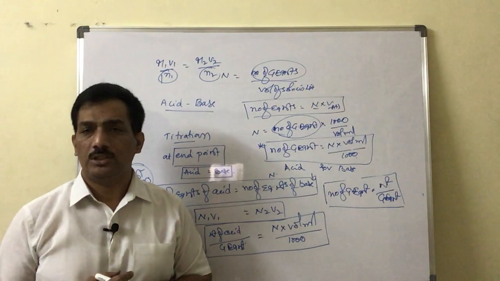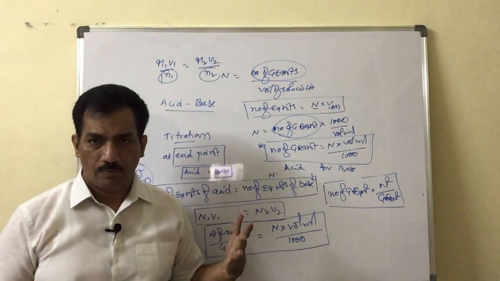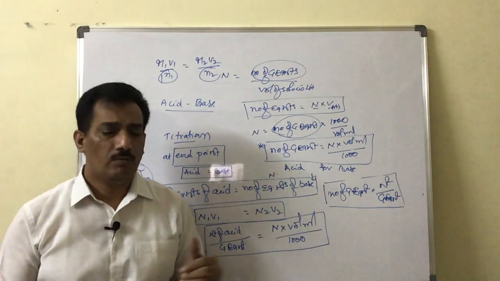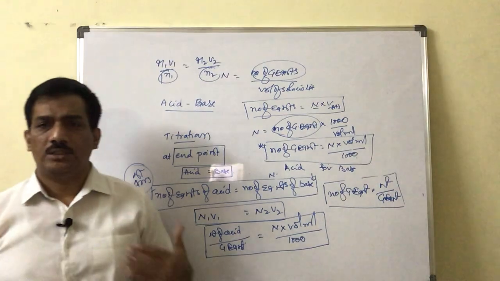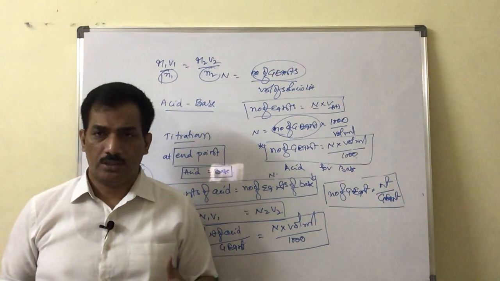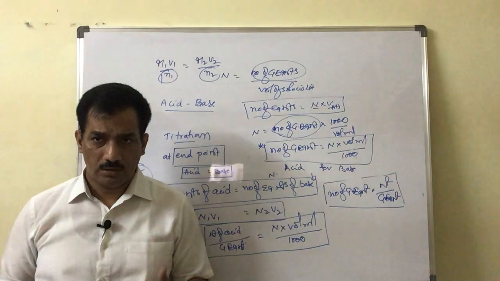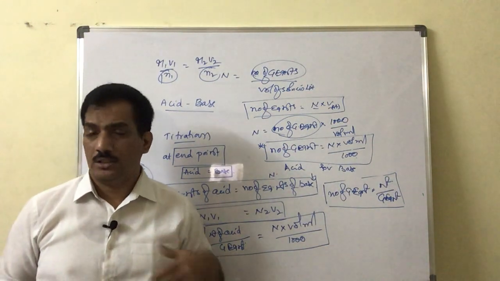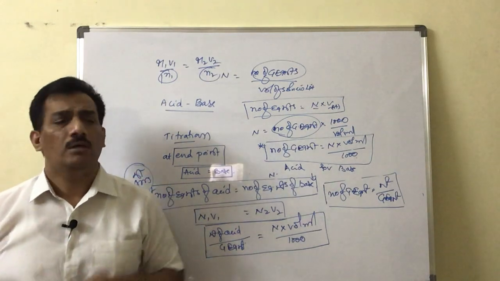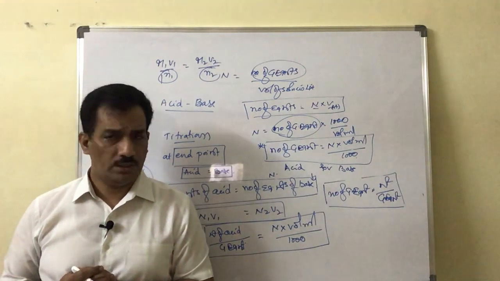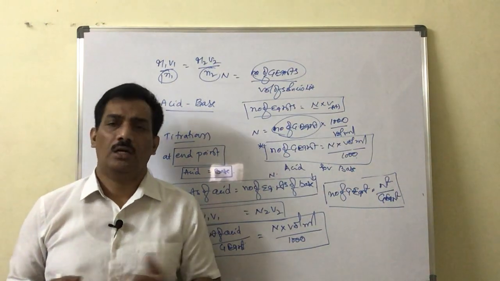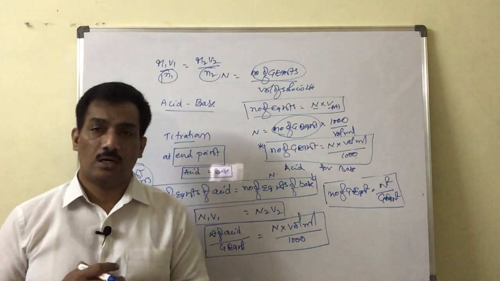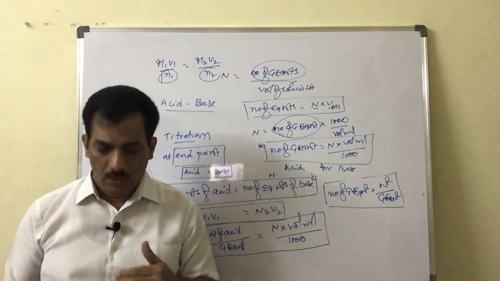Clear? In the coming session, by taking these formulae one by one, let us solve one or two numericals on each formula, and then one by one I will explain what a simple titration is with numerical examples, and then what a double titration is, and what a back titration is. In double titration we are not going to solve any numerical, only the concepts involved in double titration. And then back titration and redox titration, where we have to calculate some redox reactions, and calculations are also involved. All these we will do in the coming session.